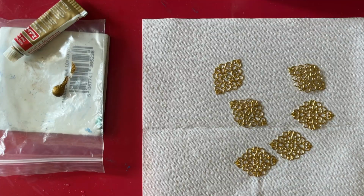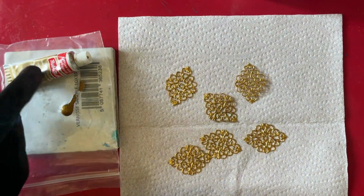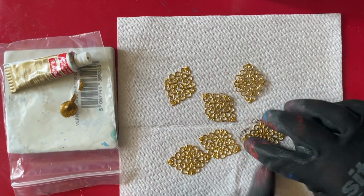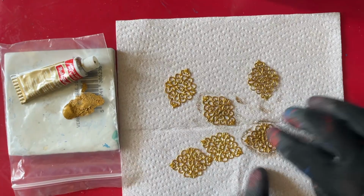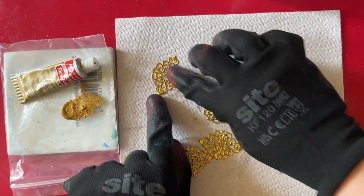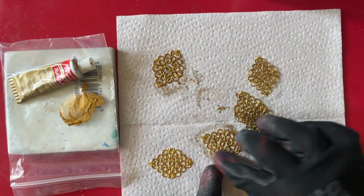So you probably realise that this project needs quite a bit of time for the various layers to dry. And while I was waiting for the antiquing layer to be ready for the next step, I started to prepare the filigrees. Now, I got these from Amazon. They came in a set of a number of different finishes. The gold was almost what I wanted, but it was a little bit too bright and new looking for my